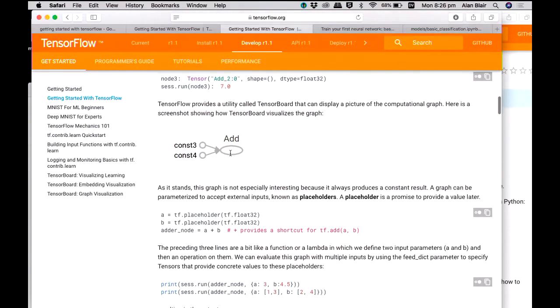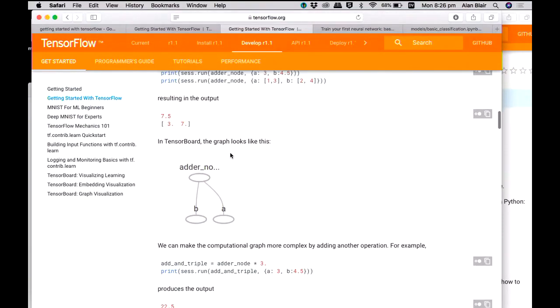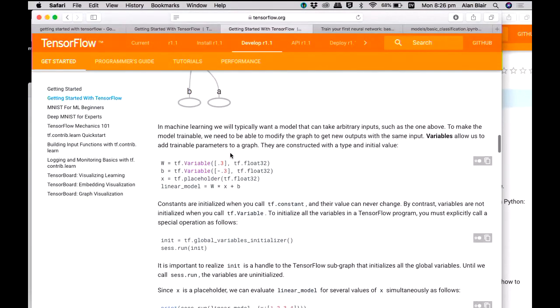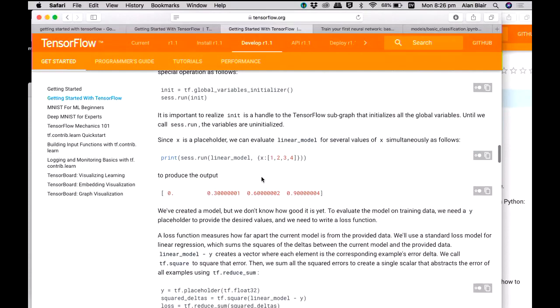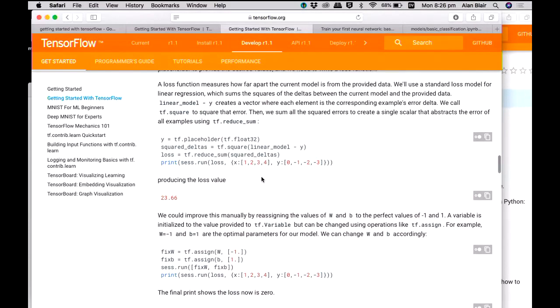It gives you some data: the x values are 1, 2, 3, and 4, and the y values are 0, -1, -2, and -3. So this is simply trying to learn the function y equals, someone tell me what the relationship is between y and x. Y equals -1 minus x. That's right.